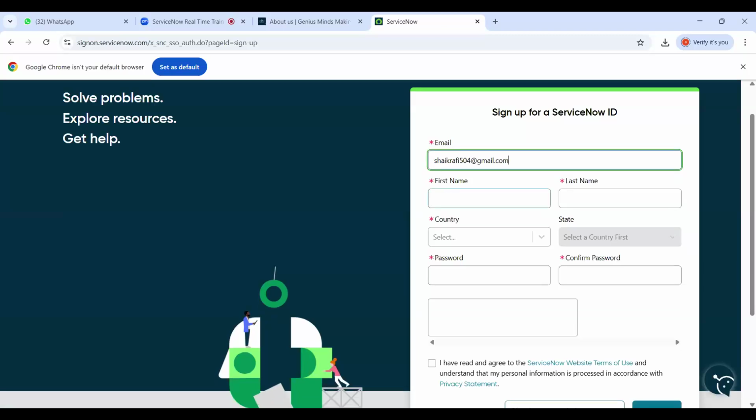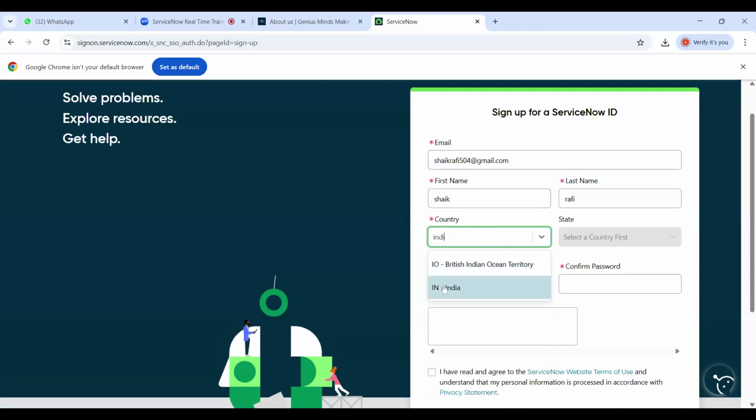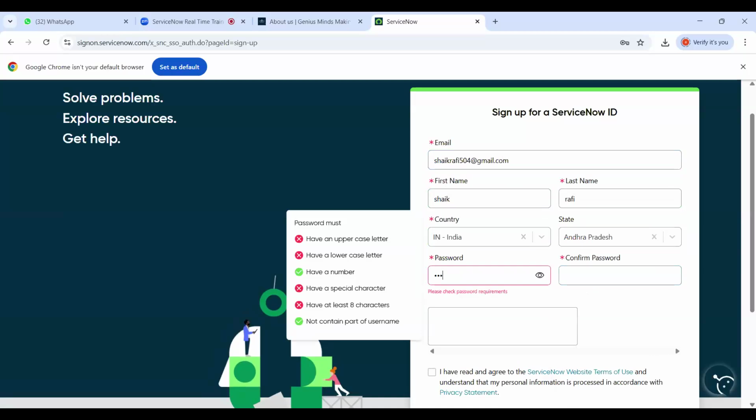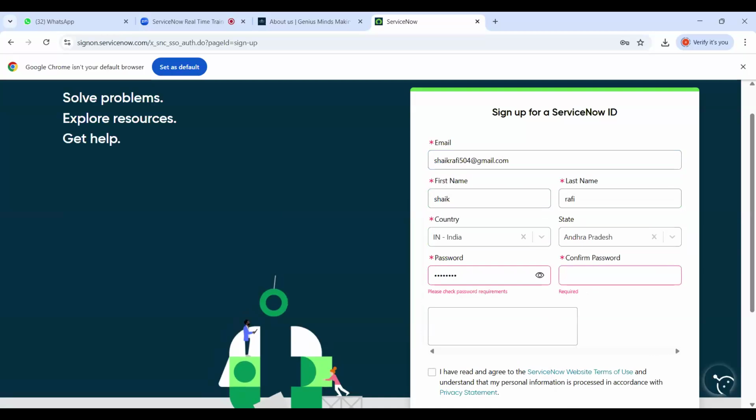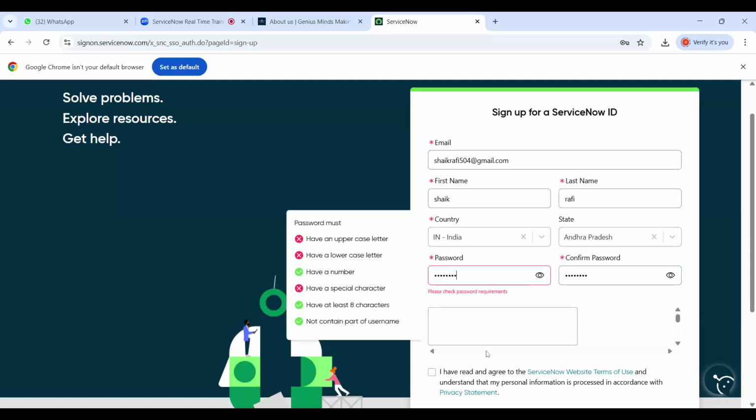Put in some name. Go down. Password is, see, one uppercase should be there, lower case also should be there, and a special character.